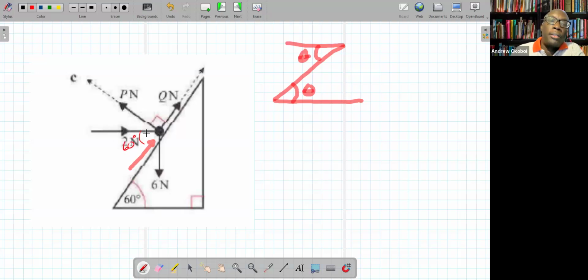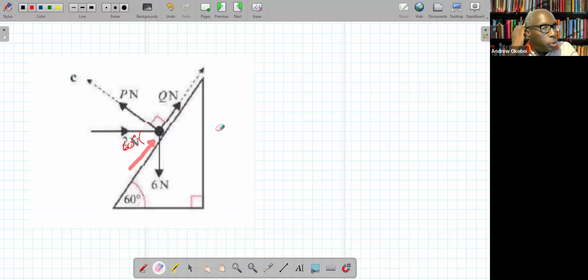Because this angle here is 60 degrees, because this one here is 60. Okay, once we know that, then it becomes easy. And that's what these questions do: they don't tell you what the angle is, but you have to figure out that you're looking for Z angles. So let's resolve